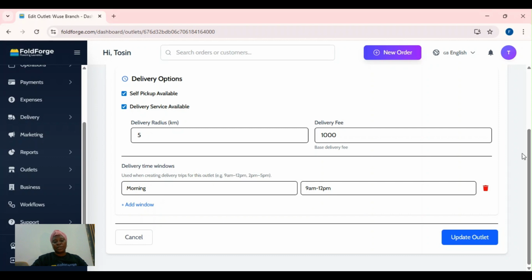And then the delivery radius, because sometimes you might not be able to deliver everywhere. Now this is the base delivery fee, that from this amount is how much we deliver for. And for the delivery radius, for example in Abuja, you can say you only deliver in town, you might not be delivering in the outskirts. Probably this is in Wuse, so you deliver to Wuse